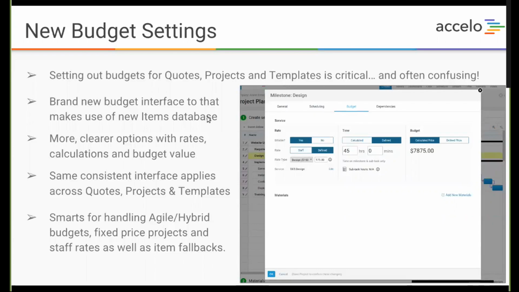And so what we've done is we've completely redesigned the interface, and we're also making full use of the items database that I just showed you. What's great about this is we've now got clearer options with rates, calculations, and budget values. And the same consistent templating interface applies across quotes, projects, and also the project and material templates, so you can pick those from lists. What's great about this as well is it really cleverly handles the way that a modern